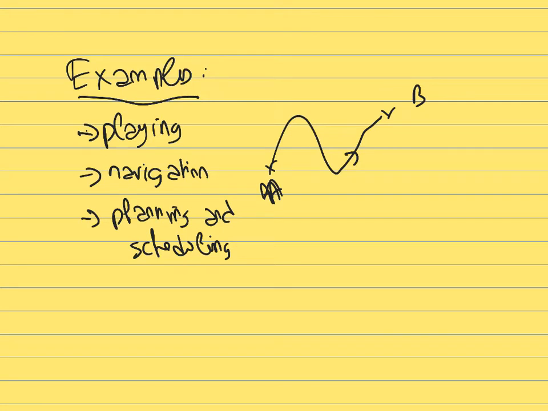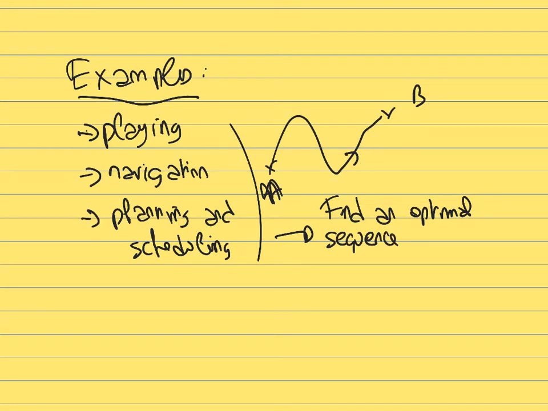So in all those cases, what AI will yield at the end is to find an optimal sequence of action to solve a given task. So that's one way to summarize what AI can help with, is to find an optimal sequence of actions. So you have different actions that you can take, and the order of the actions is the sequence of actions. So AI can help with finding what is the optimal sequence of actions to solve a given